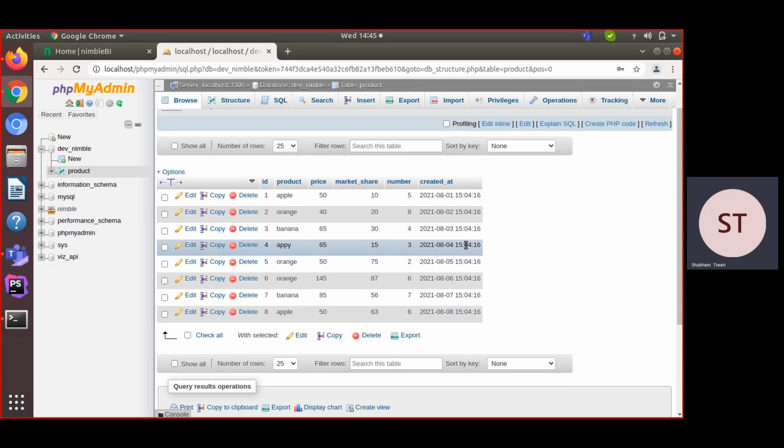The database size is not a factor in this Nimble application, but because it is easy to understand, I am using this database in this demo. So let's start creating our first graph.